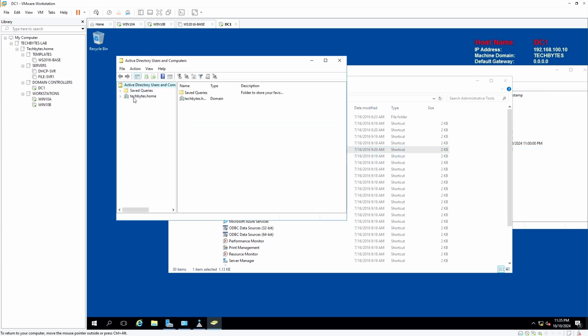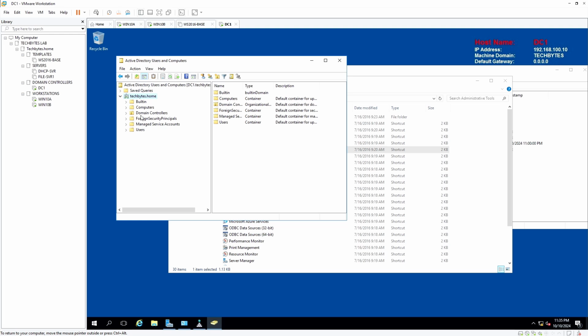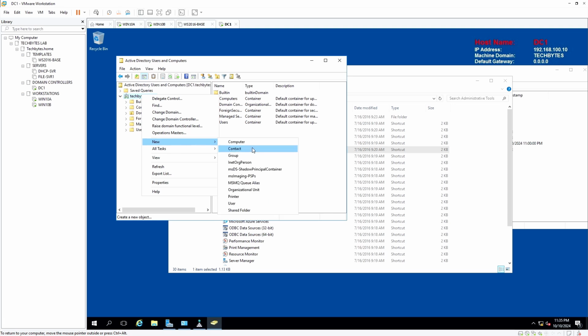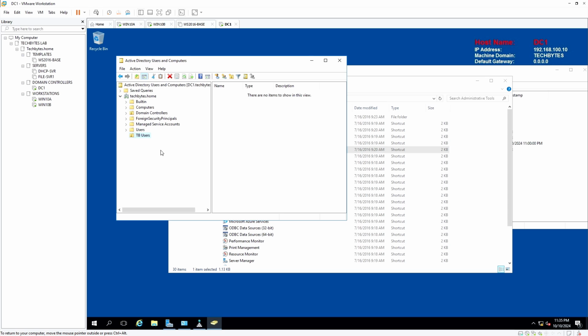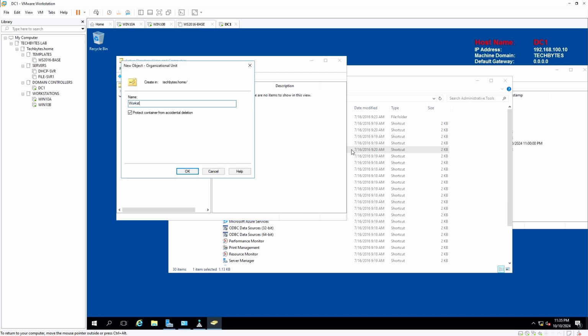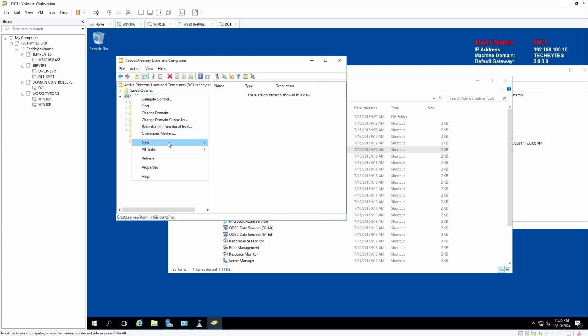Let's look in Active Directory Users and Computers. So what we need here now is some OUs. We need one OU called users, so I'm going to call this TB users. Need another one called workstation. And another one